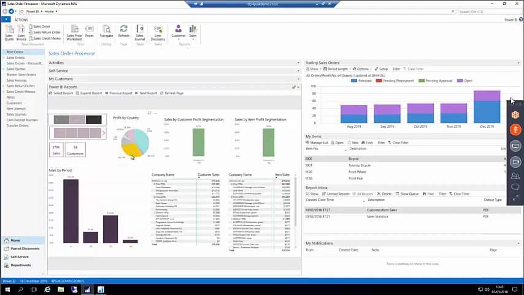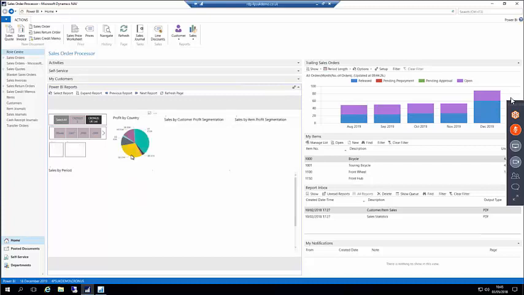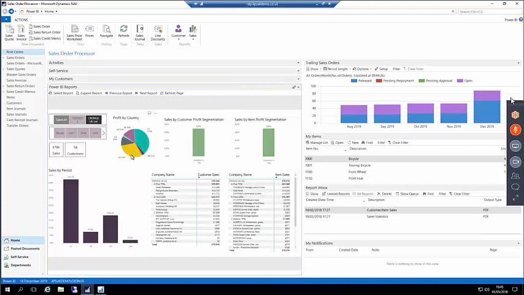Let's just have a look. Has it lost my connection? I think it might have lost my connection. So I probably need to log on again. But this is completely interactive in exactly the same way. These page parts are connecting to the Power BI service. So it's not live data. If I go and put an order on in the Vision, it won't immediately appear in the relevant dashboard. It needs to be updated, but it does allow a user within the Vision to consume Power BI visualizations in